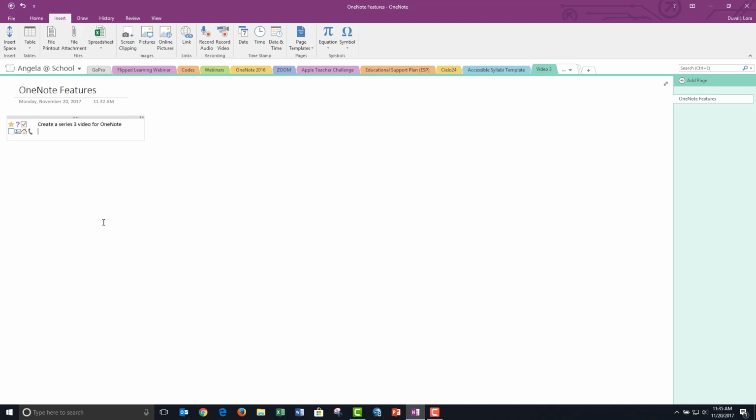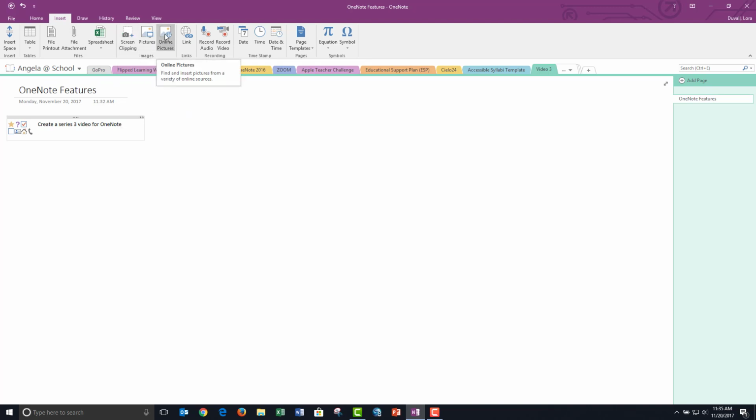I do want to reiterate on the Insert tab, the required insert feature will be to insert file printout, and not insert file attachment. You can insert on this tab a table into your document. You can put a spreadsheet in, an Excel spreadsheet. You can complete some screen clippings, pictures.